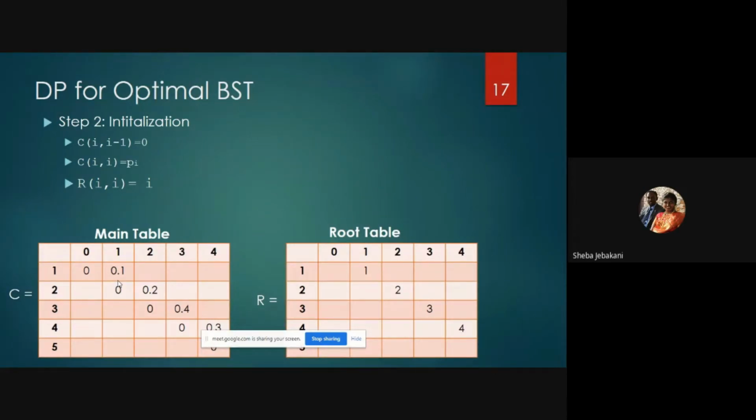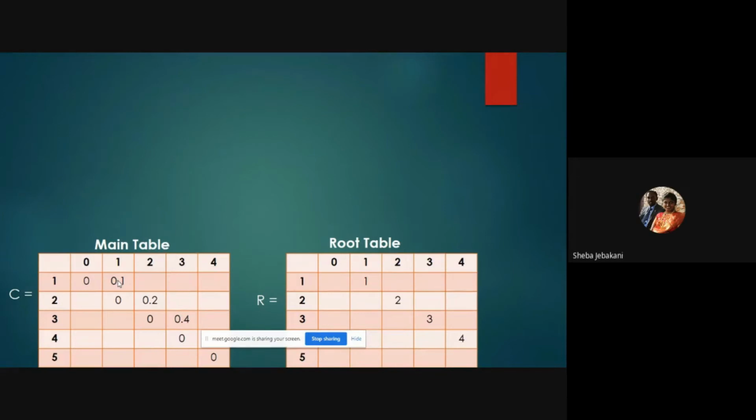But when you take 1 to 2, the root node can be 1 or the root node can be 2. If you take 1 to 3, then you have three possibilities: the root node can be 1, 2 or 3. Like this, you need to take all the different possibilities in order to compute the average computation value.